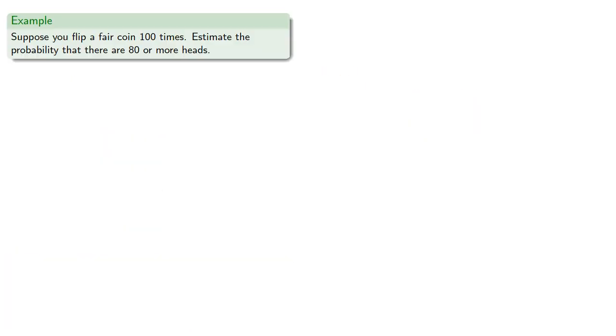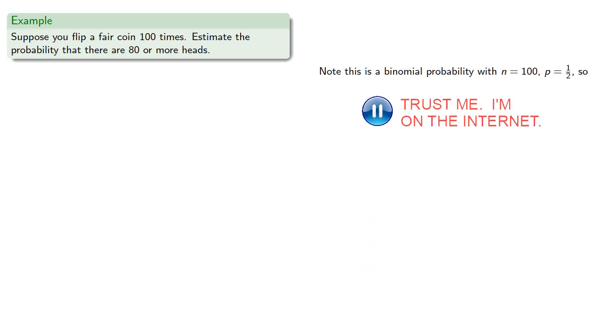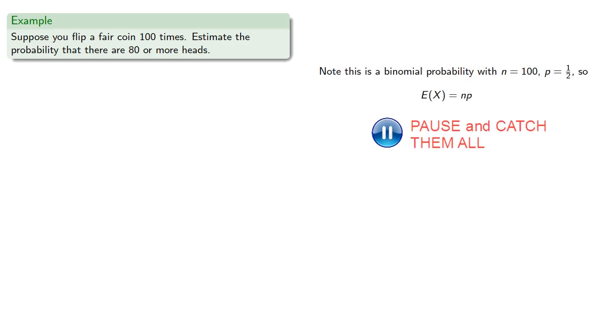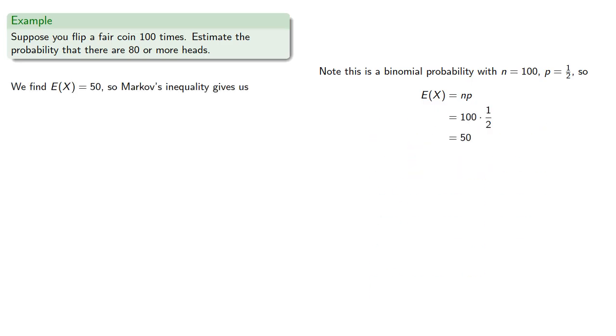For example, suppose you flip a fair coin 100 times. Estimate the probability that there are 80 or more heads. Now, we could try to calculate this directly. This is a binomial probability with n equals 100 trials and success probability 1/2. But let's also try to estimate that. So our expected value will be, and so Markov's inequality gives us,